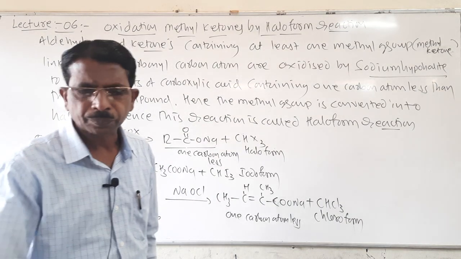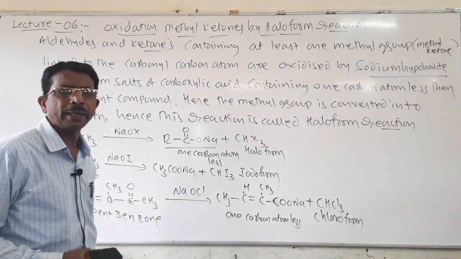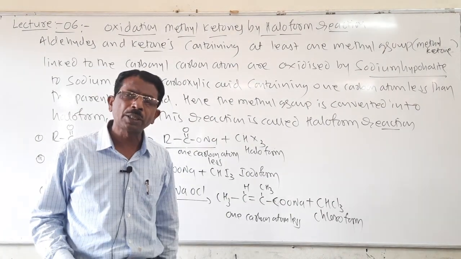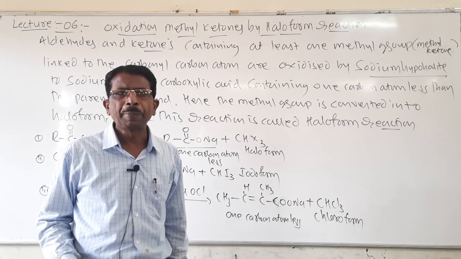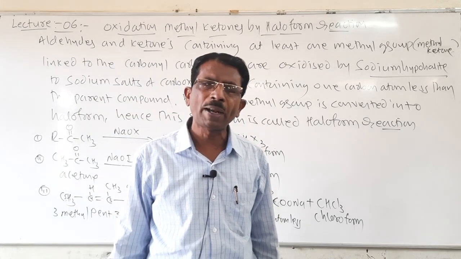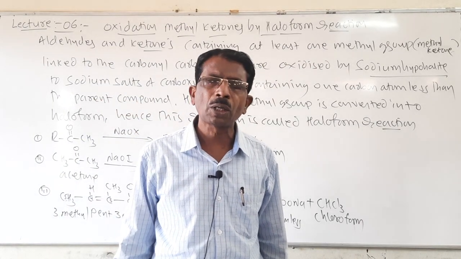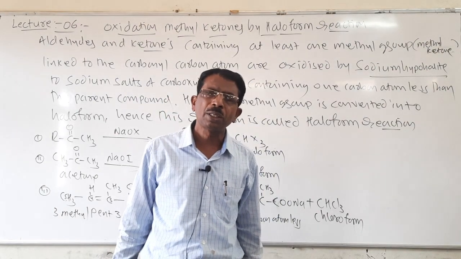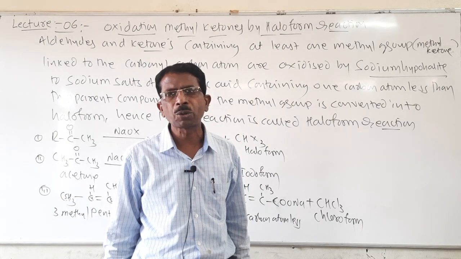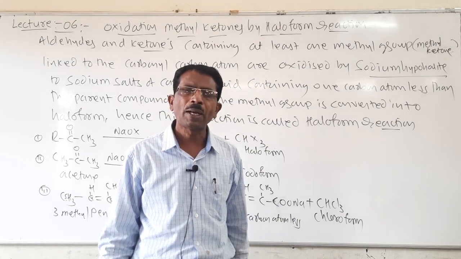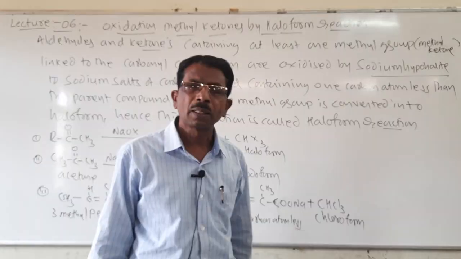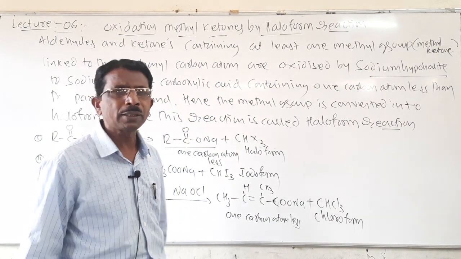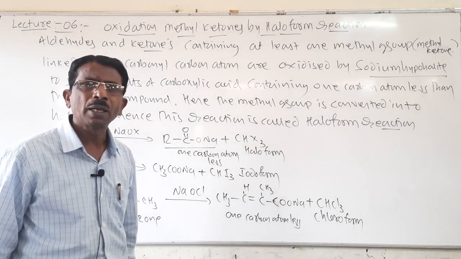Then the next one, a very important reaction, students: aldol condensation. This reaction is also called a reaction due to alpha hydrogen. Aldehydes and ketones which contain alpha hydrogen are the only ones that undergo aldol condensation, due to the acidity of alpha hydrogen. They react with base, with alkalis, and undergo a condensation reaction, and hence it is called aldol condensation reaction.